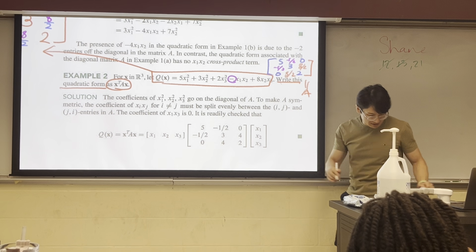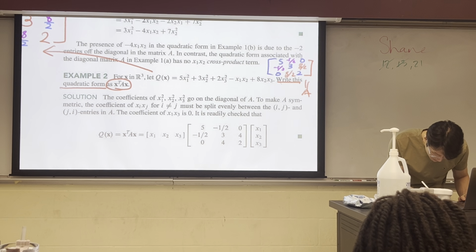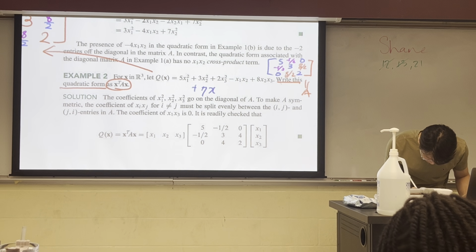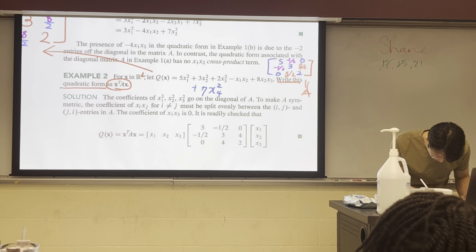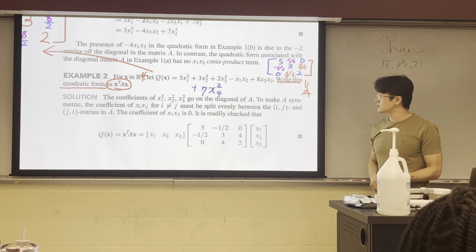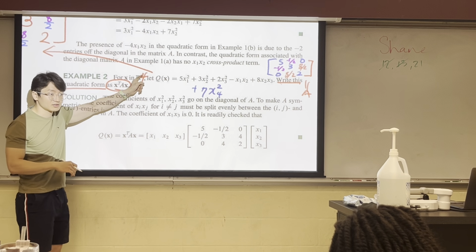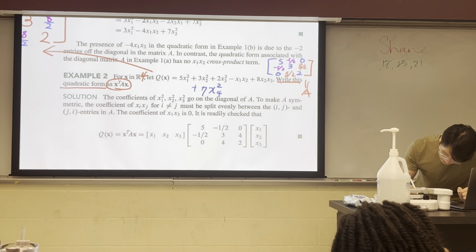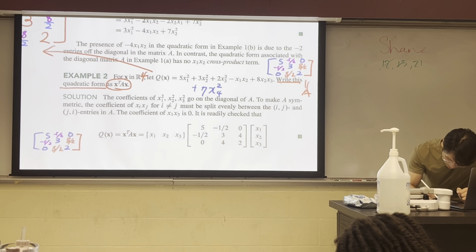Okay, one more thing. If I increase the size, so let's say I have a term on top of this, let's say I have 7x4 squared. Then I have 4-dimensional space. What should A be, what should X be? Everything's the same, I just add one term and change the dimension. What should A be? It should be 4 by 4, right? A should be 4 by 4, and then based on what we have,